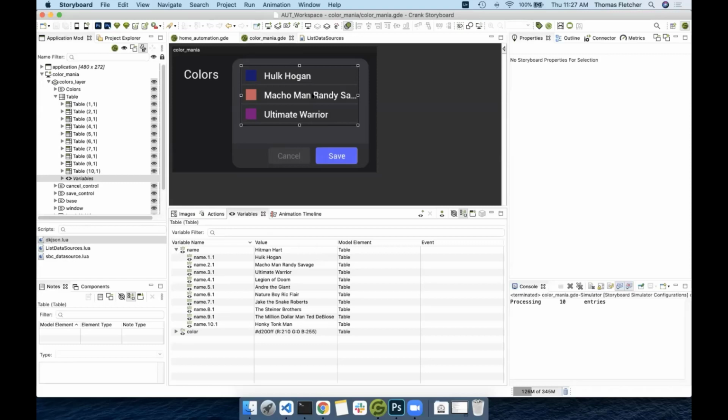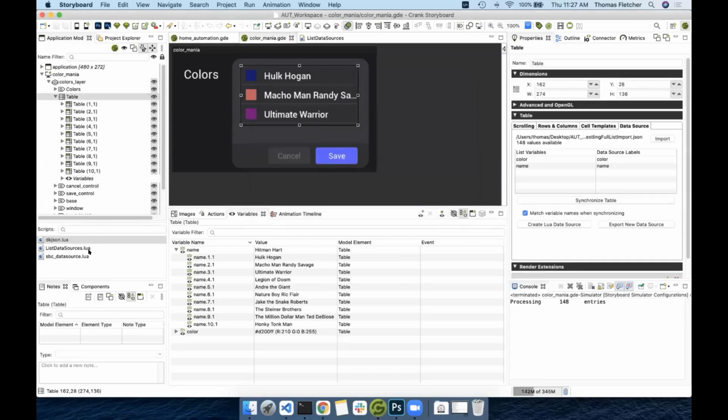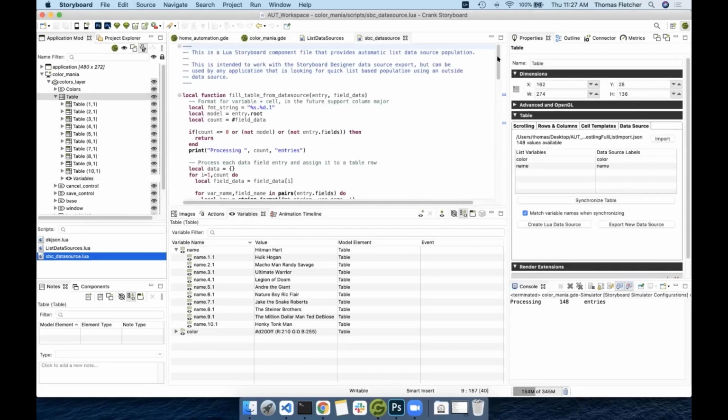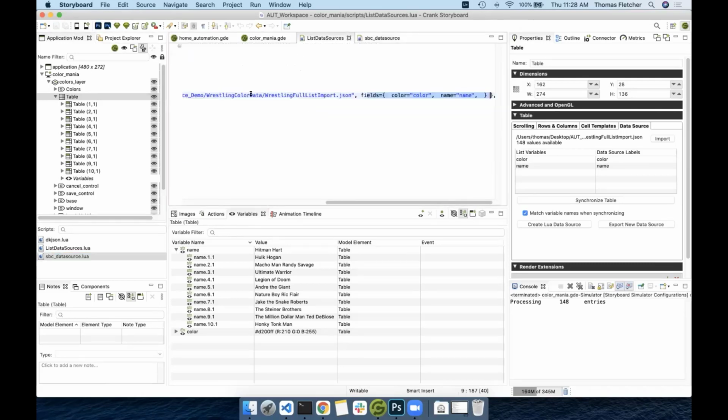Those are the 10 elements from my small list. Now when I simulate, what you'll see here is that my list is much, much larger because I'm pulling in that data. I'm pulling, in fact, 148 entries out of my data source, and I'm parsing them in live at runtime. The way I'm doing that is this data source module is taking advantage of some functionality that was introduced, I believe, in Storyboard 7.0, where we can add in event listeners. So we can add in an initialization event listener. And then that will run through our populate list,